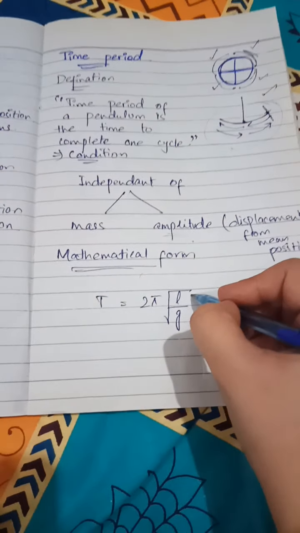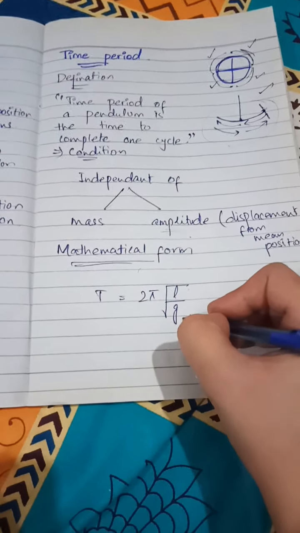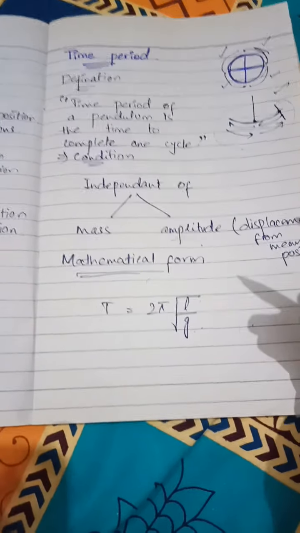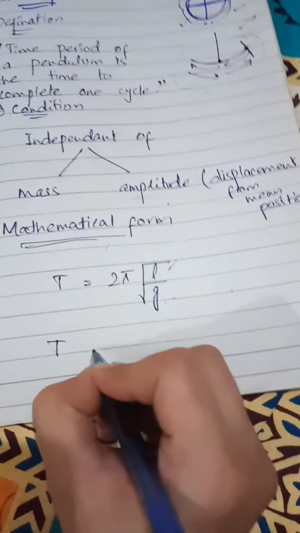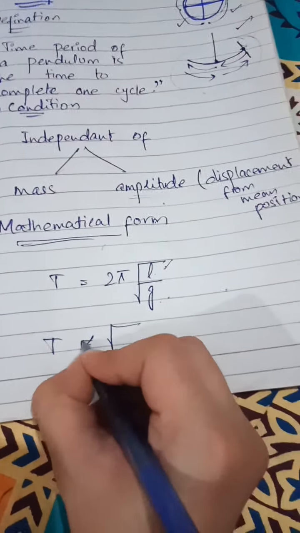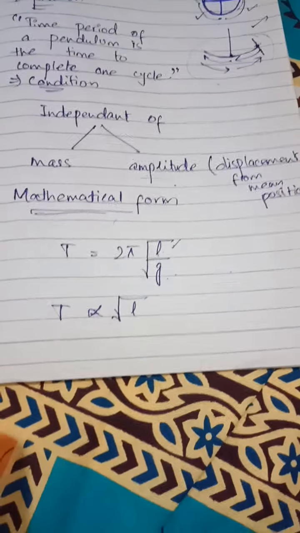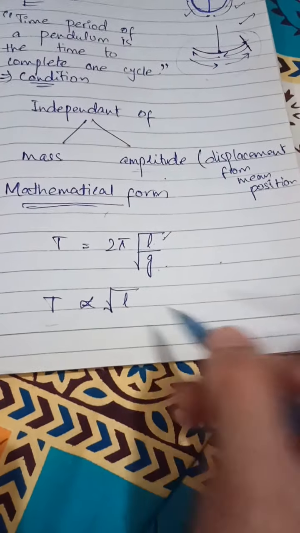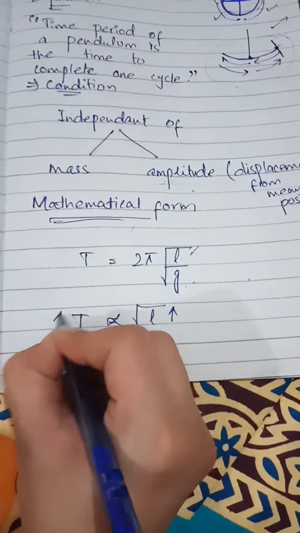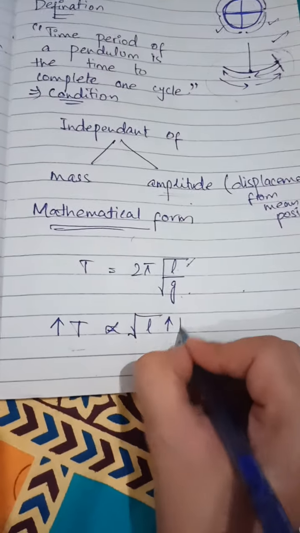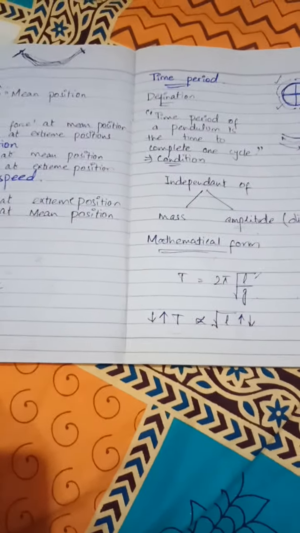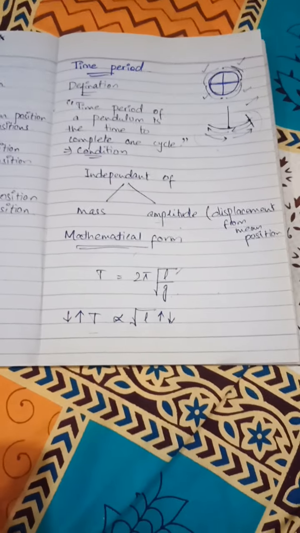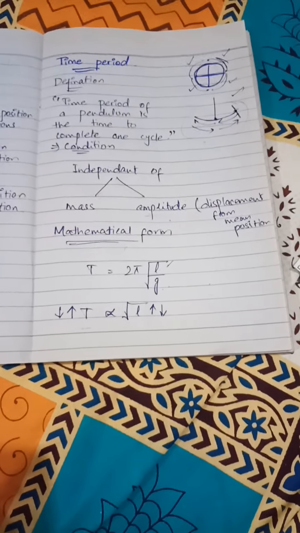Now, on which factors does it depend? It depends upon the value of gravitational acceleration, which is a constant as well, and the length of the string. So the time period is proportional to the length, although it is under the root of L. If the length increases, the time period will increase, and if the length decreases, the time period will also decrease. So this is all about our today's topic, that is, motion of a simple pendulum. If you have any questions, you can ask me.